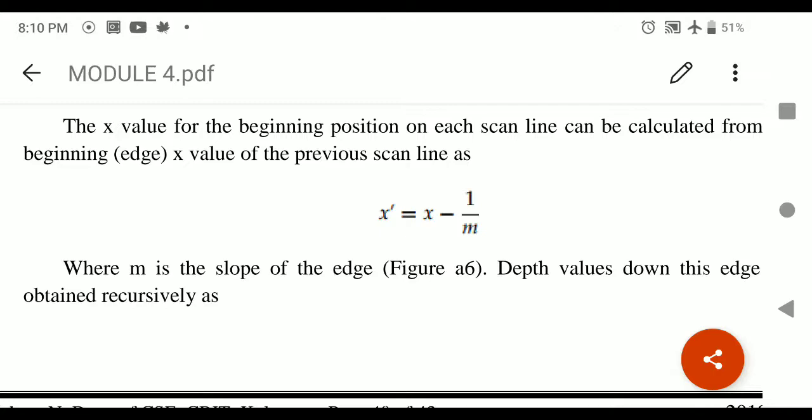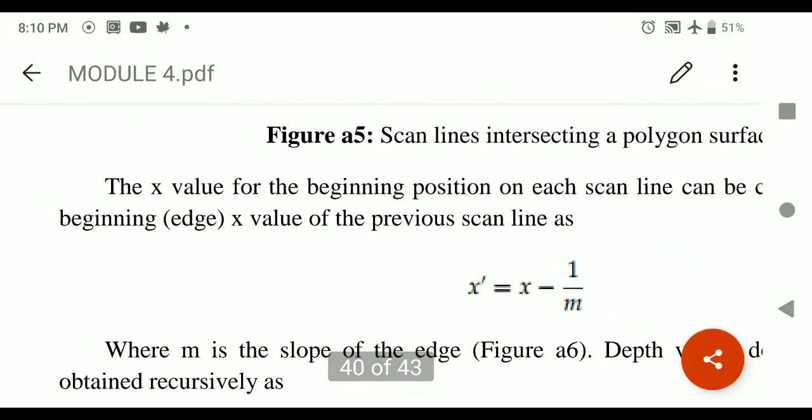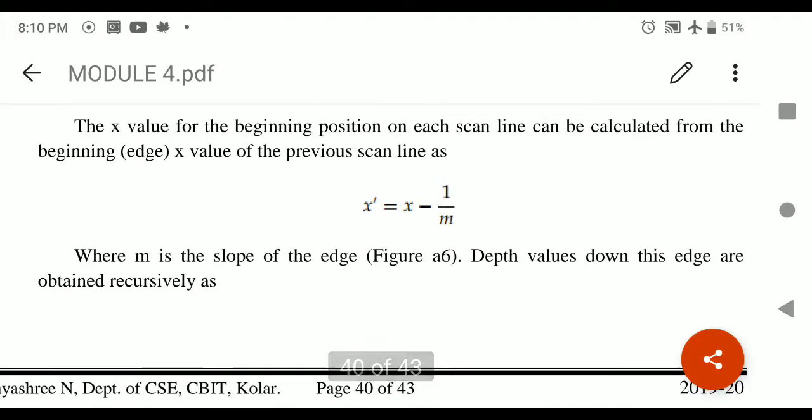Here in this case we can make use of the slope method. So the new x dash can be written, going in the opposite direction, as x minus 1 by m. You can see here the x value of the previous scanline can be represented by decrementing the value by 1 divided by the slope value.